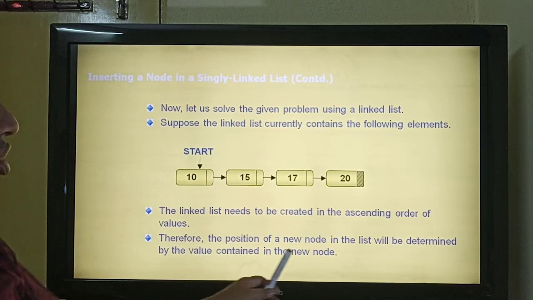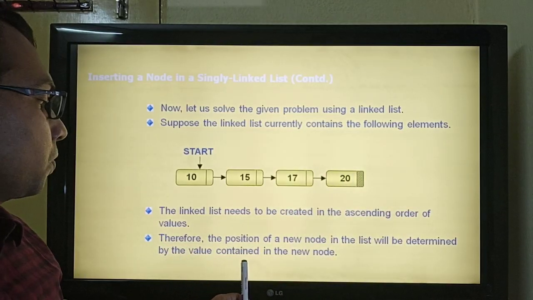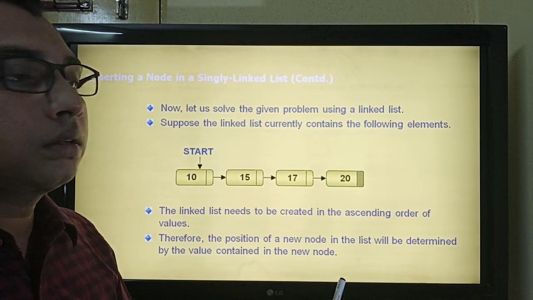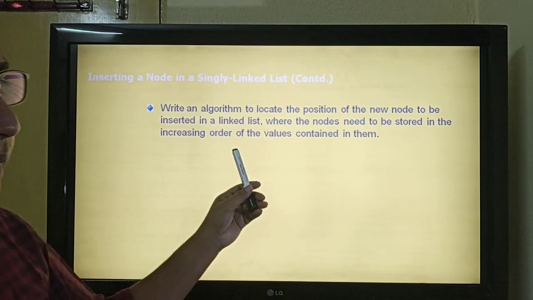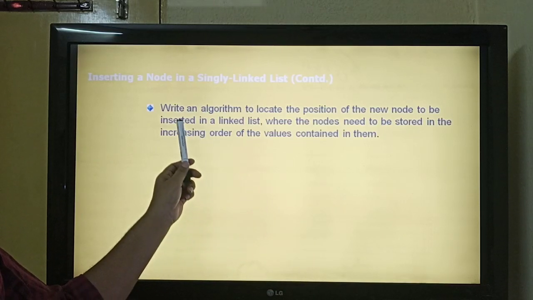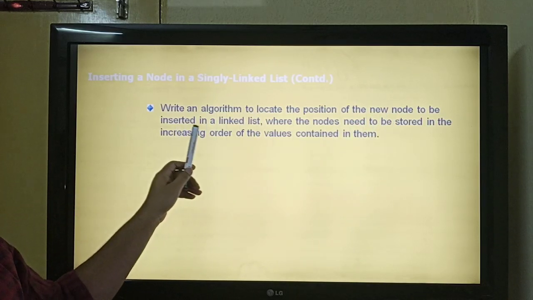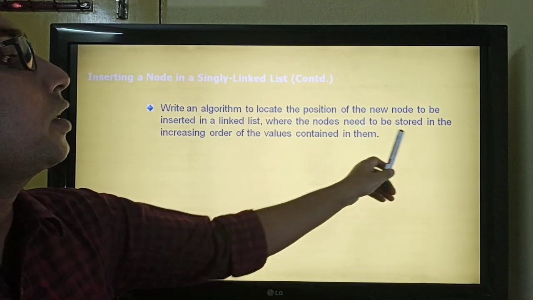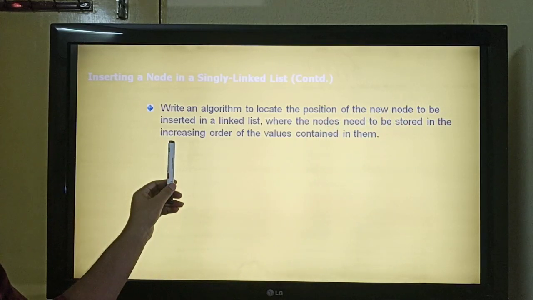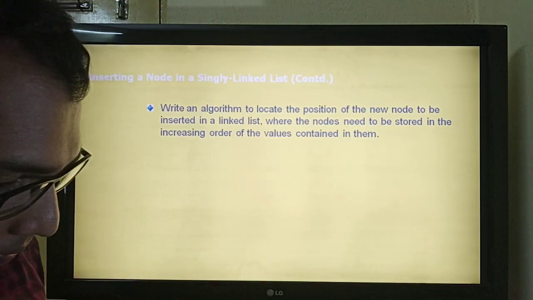Therefore the position of the new node in the list will be determined by the value contained in the incoming node. Let us have a question. Write an algorithm to locate the position of a new node to be inserted in a linked list where the nodes need to be stored in the increasing order of values contained in them.